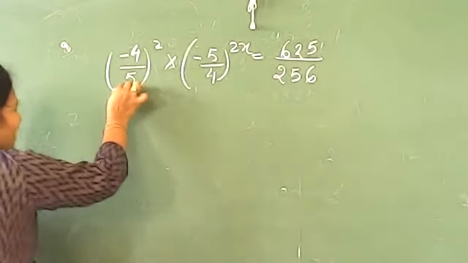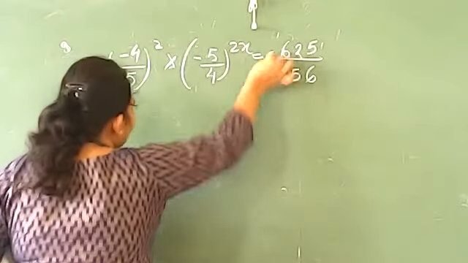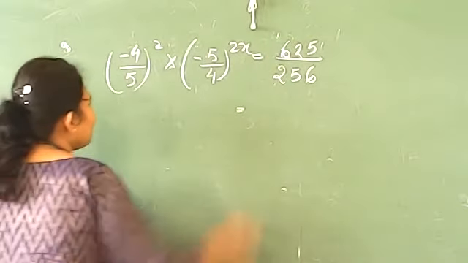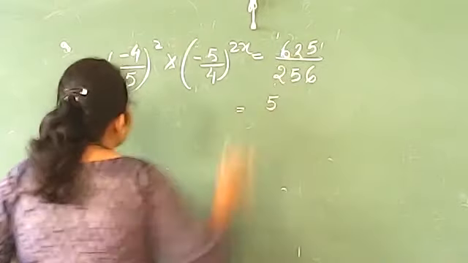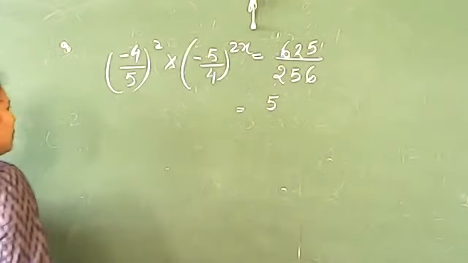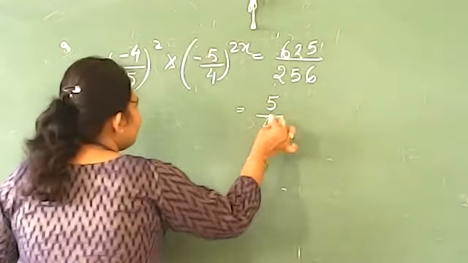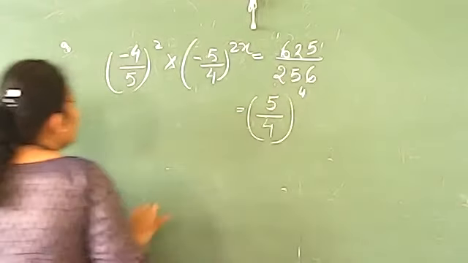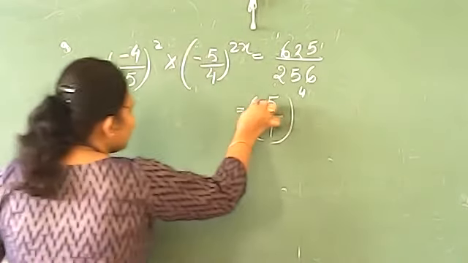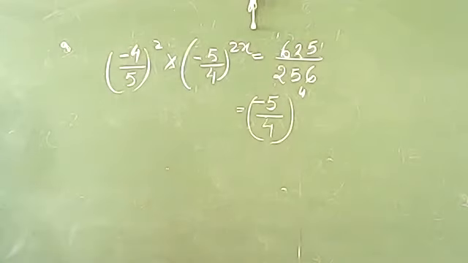You can see here -4/5 and -5/4. So first let us solve this number. 625 is 5 to the power 4, and 256 is 4 to the power 4, so we can write it as (5/4)^4. But the base here is negative, and if we raise it to the power 4 we still get a positive number, so there is no harm in writing minus: (-5/4)^4, so that I can have an equal base.